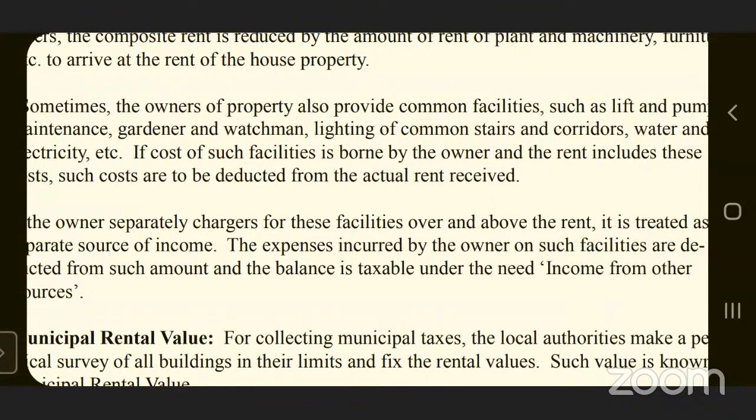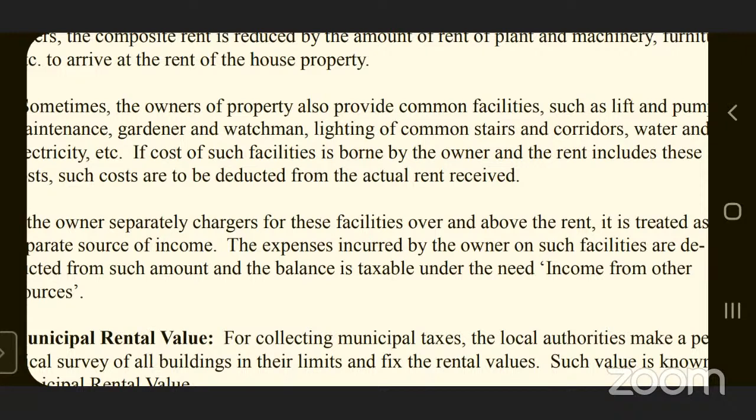Sometimes maintenance charges, whatever the owner collects from the tenant, may be included in the rental value. Say, for example, 20,000 is charged as rent from the tenant, but he is providing 2,000 worth of services. It is being included in the rental value itself. So while calculating the actual rental value, we are not going to take it as 20,000 multiplied by